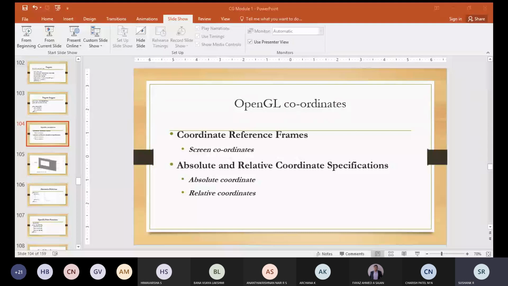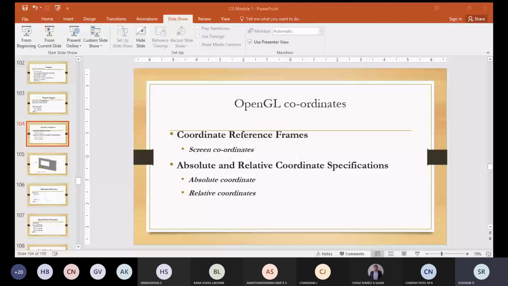But relative specification allows the positions to be specified using relative coordinates. So why is this method used? Till now, whatever we have studied was the coordinate reference frame, where the values were specified as actual positions within the coordinate system.